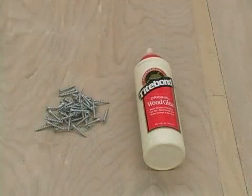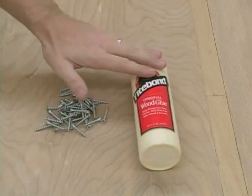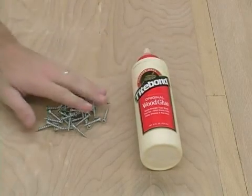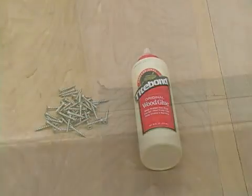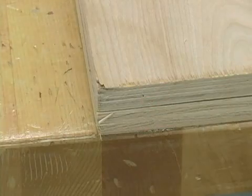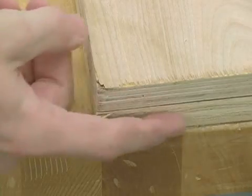In this video clip, we will be attaching our scrap top. To attach our scrap top, we're first going to put down a pretty thick coat of wood glue, and then we're going to hold that in there with some small screws. Now, when you do this, you want to be very careful that your scrap top stays flush with your oak